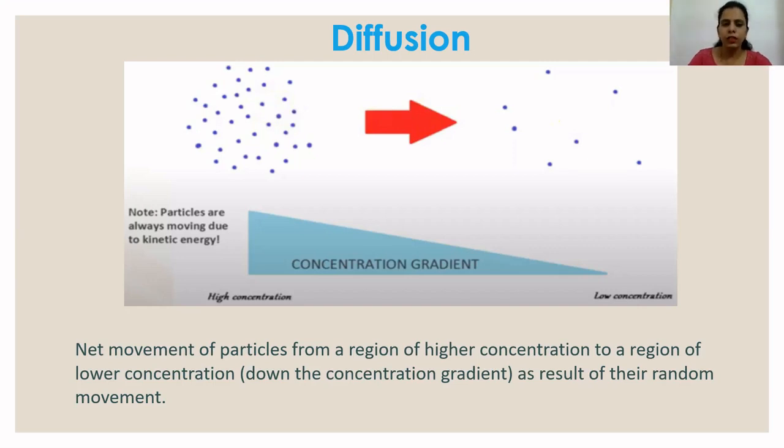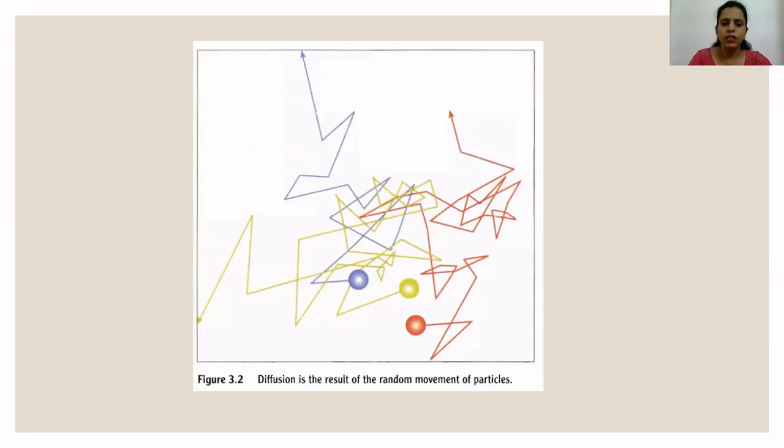I'll just show you one image. You will understand the meaning of random movement. Now you can see here these three particles, blue, yellow and red color particles. Now you can see the path of these particles traced. This is the pathway of the particles traced. If you look at the blue, yellow and red color particles, the direction followed by these particles is not continuous. Sometimes they move in this direction and sometimes they move in that direction. So this is called random movement, that their direction is not fixed. They can move randomly here and there, and finally they move from a region of higher concentration to a region of lower concentration.